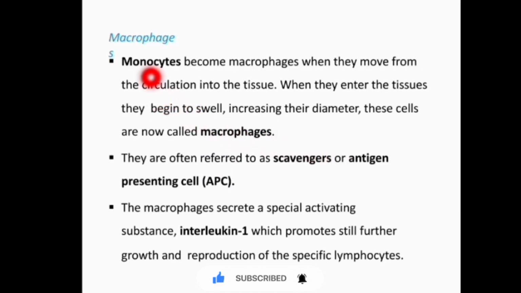Coming to macrophages. Monocytes become macrophages when they move from the circulation into the tissue. When they enter the tissue, they begin to swell, increasing in diameter. This cell is also called a macrophage. Macrophage is derived from the monocyte. They are often referred to as scavengers or antigen presenting cells. The macrophage secretes a special activating substance, that is interleukin, which promotes still further growth and production of the specific